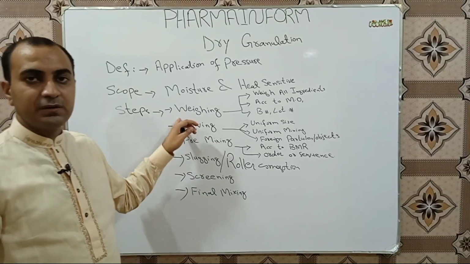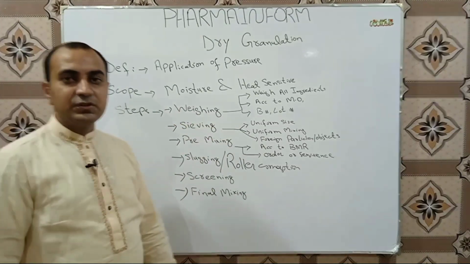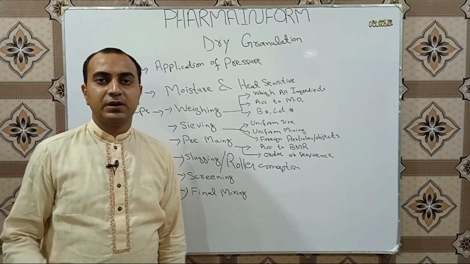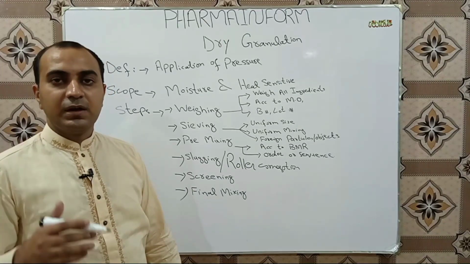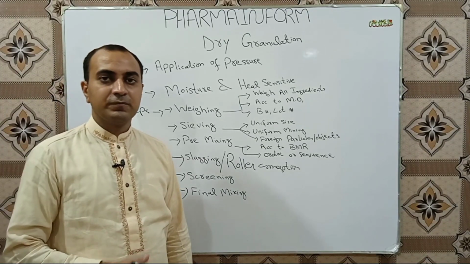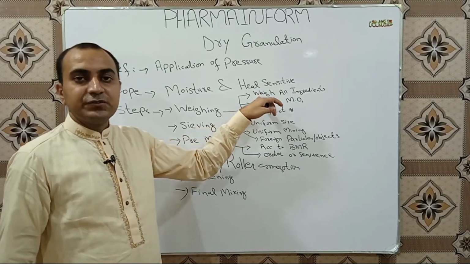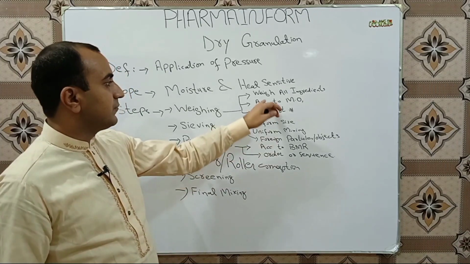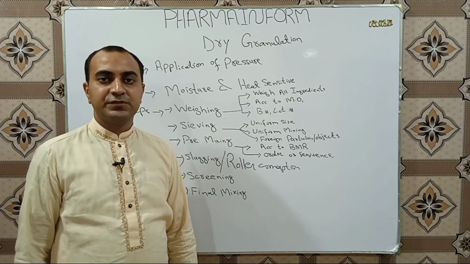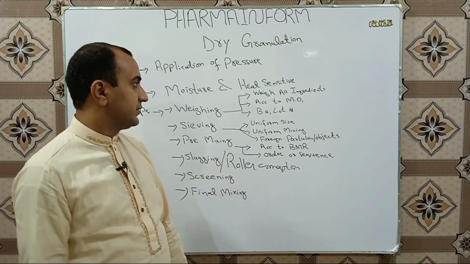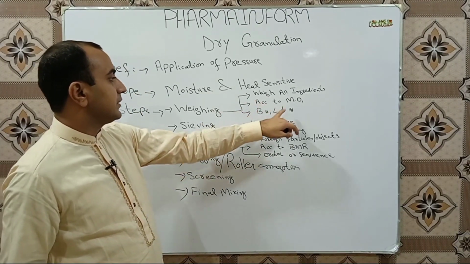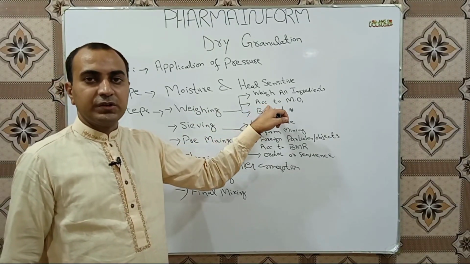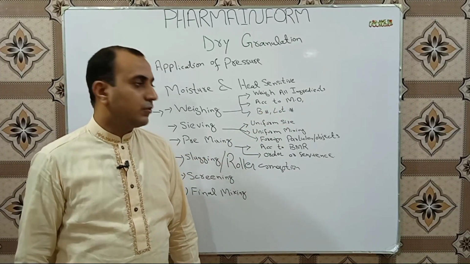Here we will discuss in a brief overview what weighing is. As we discussed earlier in wet granulation, weighing is a simple step in which we verify all the ingredients according to the batch manufacturing record and shop order. We weigh all the excipients and active pharmaceutical ingredients in the granulation area to verify that all the materials are dispensed according to our formulation. In this step we also verify the batch number, lot number, and all the quantities against the manufacturing order.